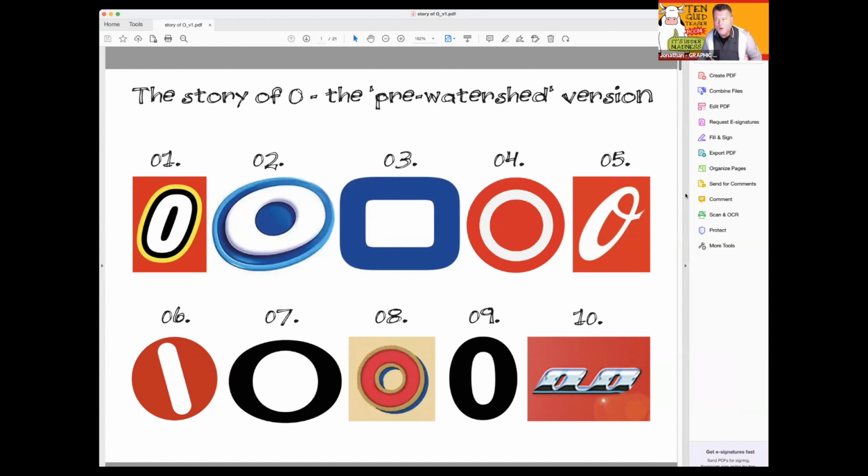So you have got 3 whole minutes to recognize which letter O comes from the logo. So each one of these is a letter O. It's not a circle or a symbol. It is a letter O. So write down 1 to 10 and tell me whose logos they are.